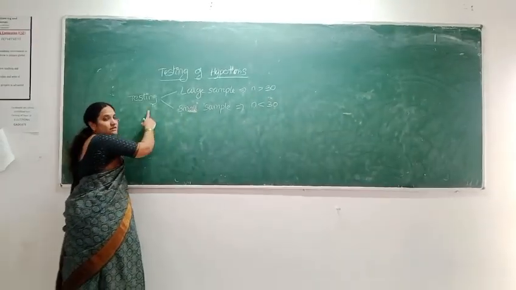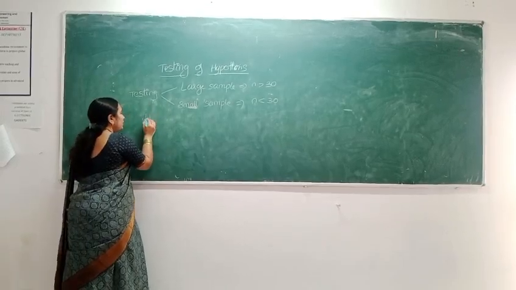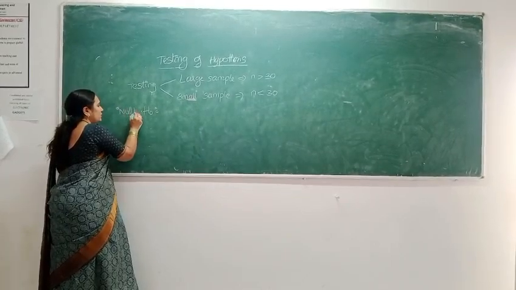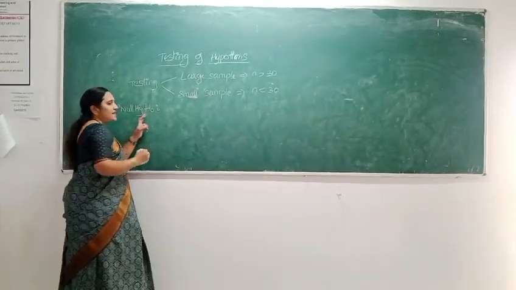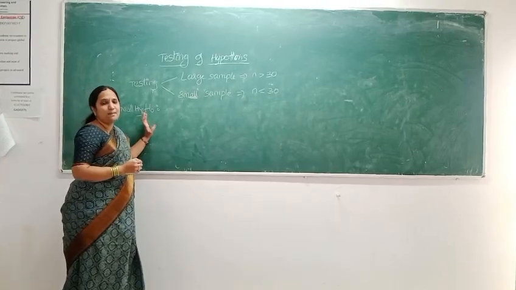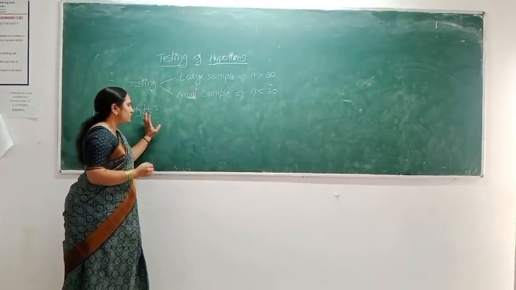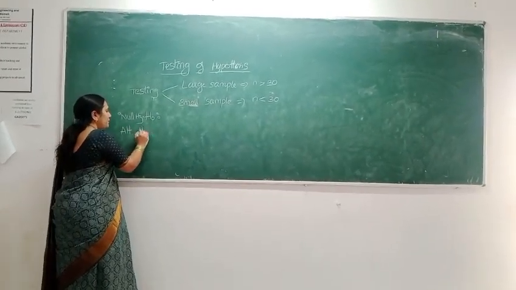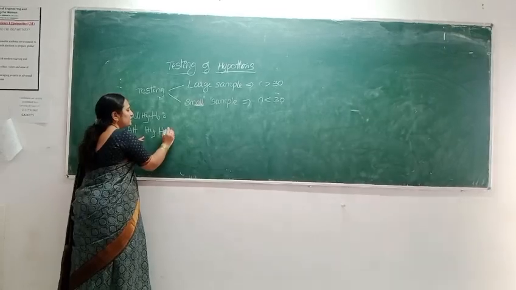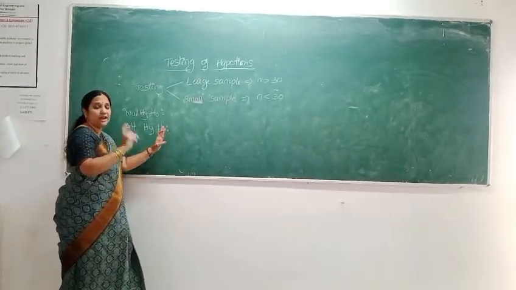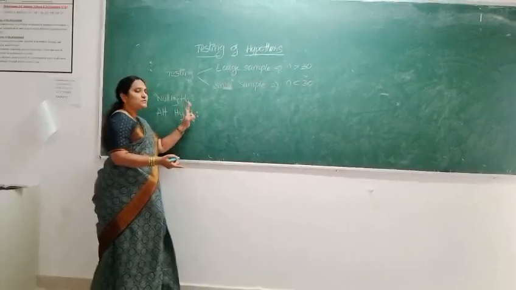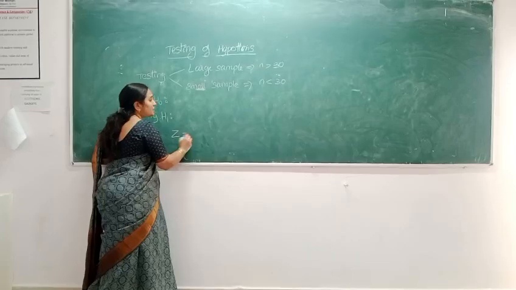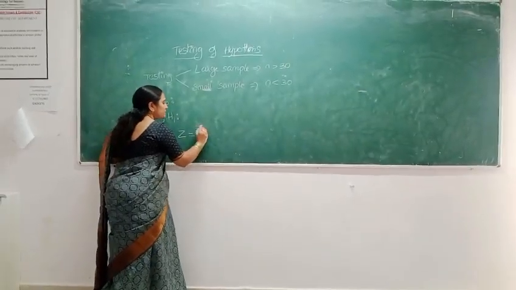So to test the hypothesis, first we will decide what is our null hypothesis, which is denoted by H0, which says that the sample is taken from the concerned population. The next step is to construct our alternative hypothesis, which is represented with H1, which negates the statement that it comes from the population.